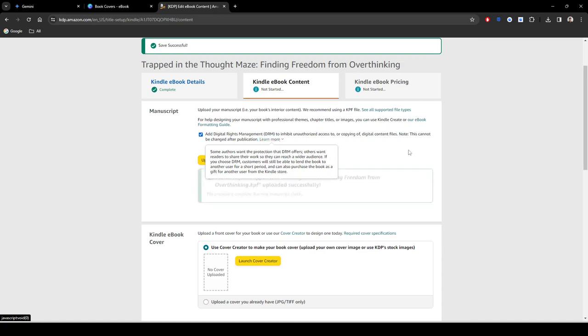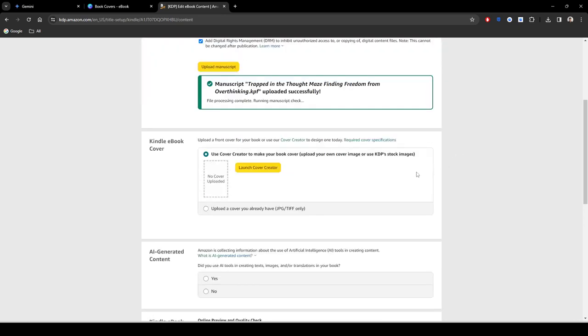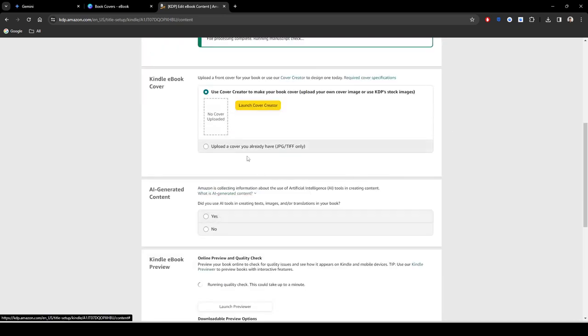Okay. But this is, I recommend ticking this usually. So people cannot copy your book, they can't recreate your book. It's just a pretty good idea. Okay, and then if I just go to some other sections before we make the cover, because that can be